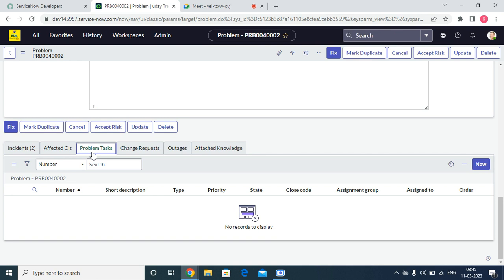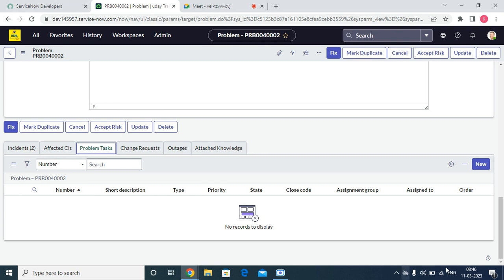If only one team has to work to fix the issue, that's not a problem task, we can just create a problem. But when we have multiple teams to involve, every time we cannot change the assignment group of the problem. So instead of that, what we will do is